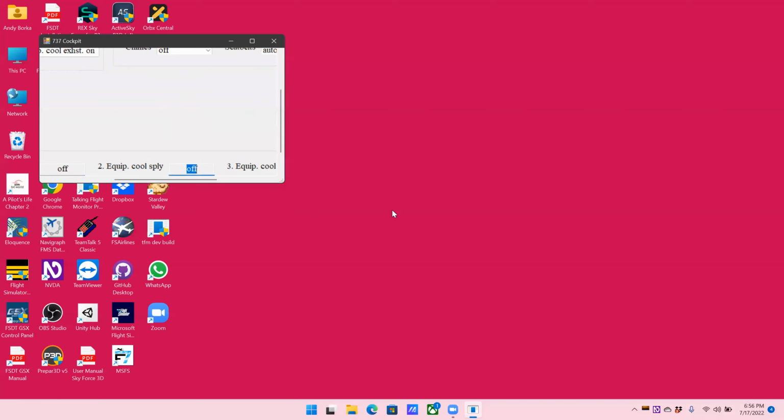Equipment cooling supply indicator off Alt +2. Equipment cooling supply, basically, is the part of the air conditioning unit that supplies cooling to the avionics and the panels and all of that sort of stuff. Equipment cooling exhaust indicator off Alt +3. The equipment cooling exhaust is exactly what it says. It's the exhaust that expels the air out of the aircraft once it's cooled down all of the instruments and